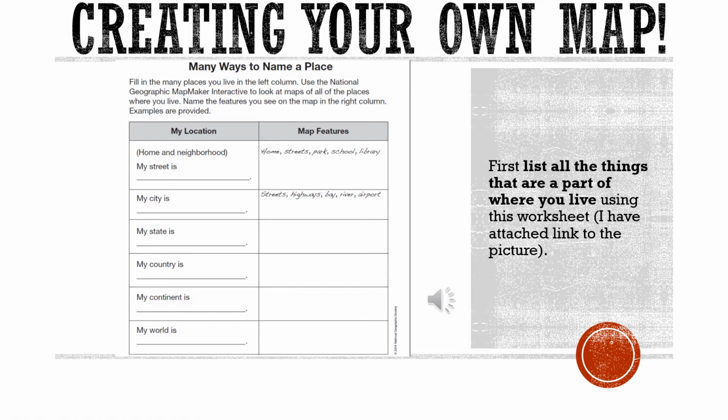Go ahead and list all the things that are important in your locations. So your street is your home and your neighborhood. You have a park there, maybe. You have trees. You have friends. You have a store. You have school. And then keep going down the list and make it bigger for the city. In the city, we have buildings. We have